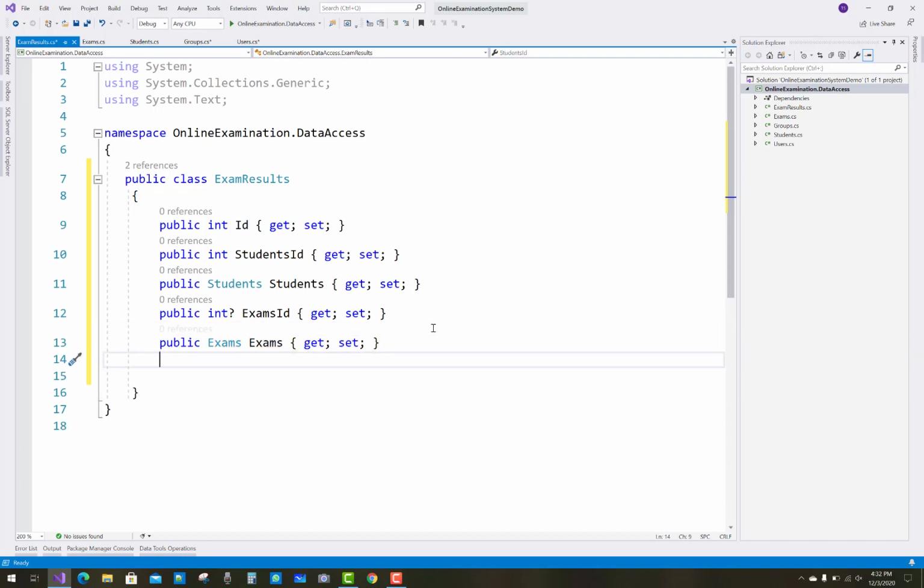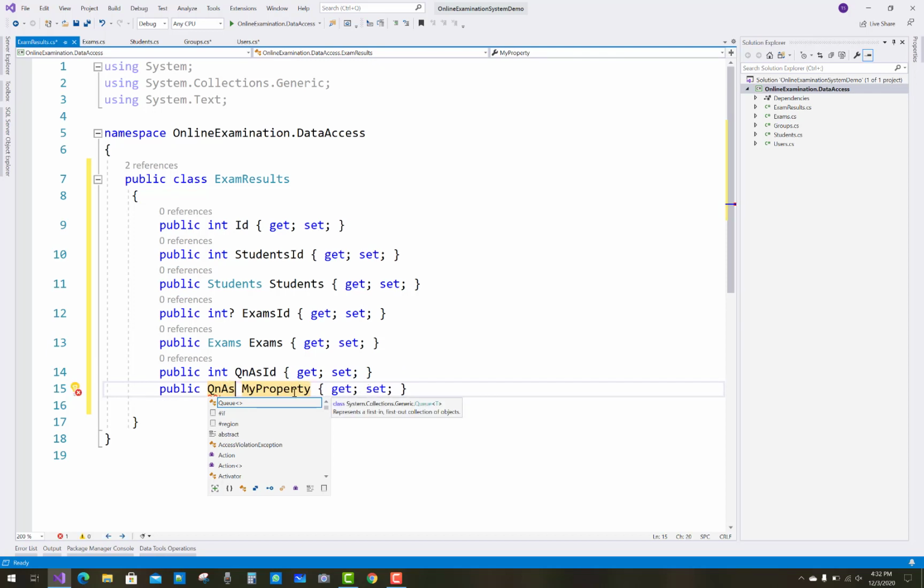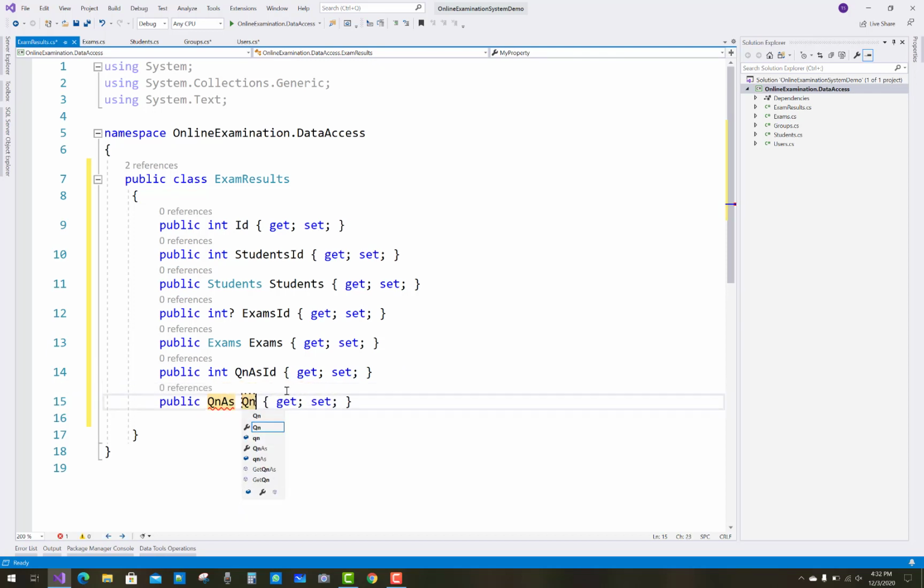Question answer ID is also mentioned. So the next table is QNAS ID. So prop integer QNAS ID and prop QNAS, question answer.